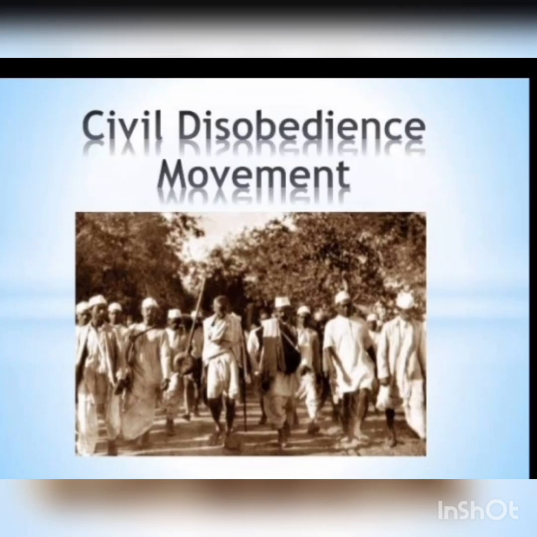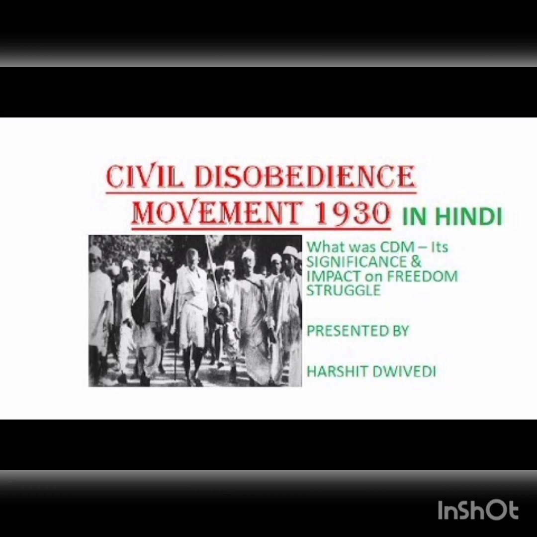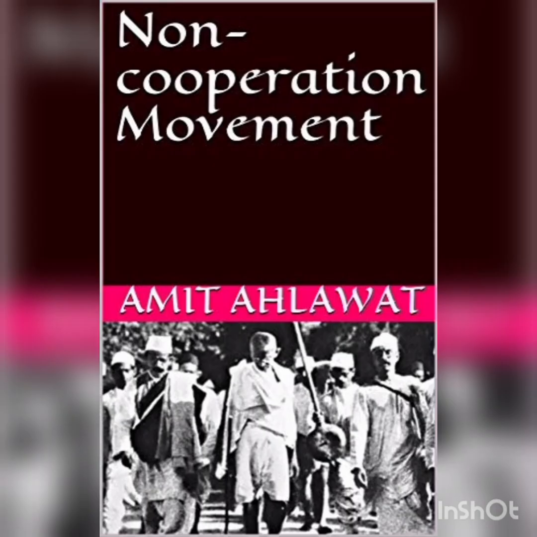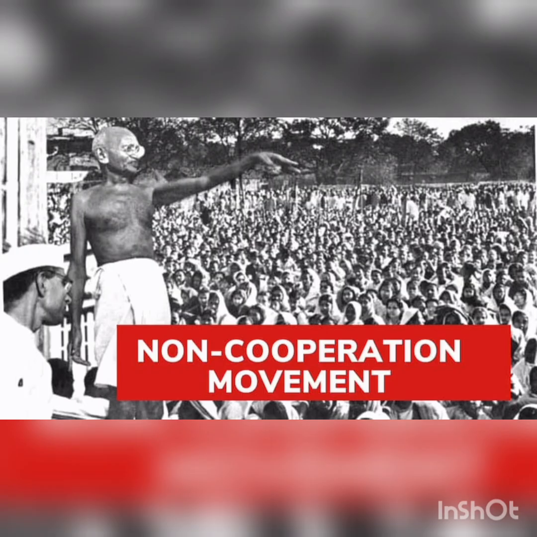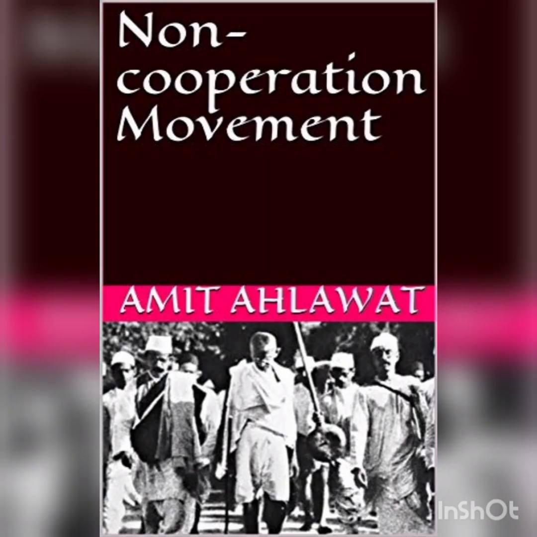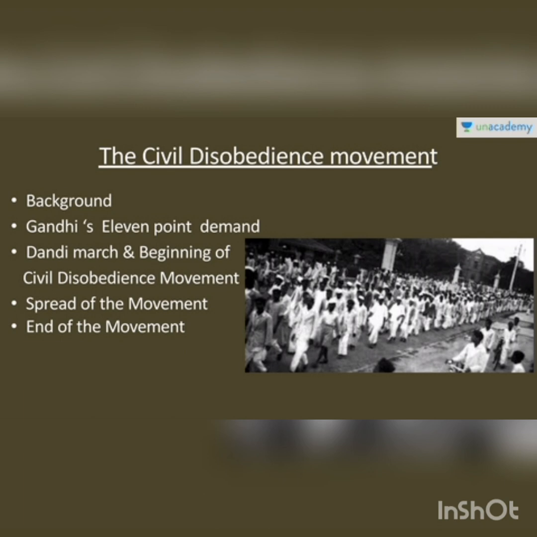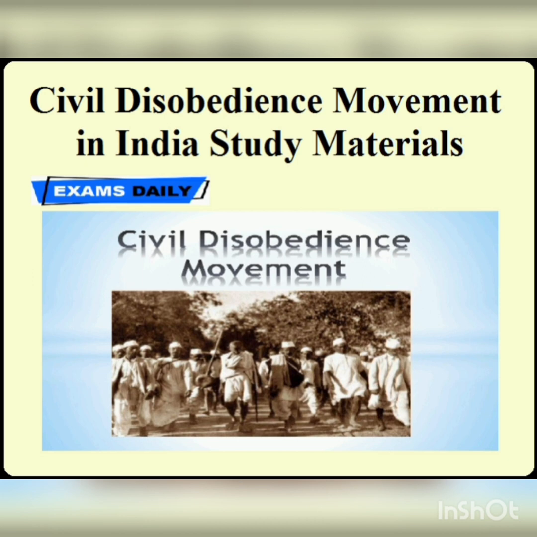We will now study about the civil disobedience movement in India. The civil disobedience movement differed from the non-cooperation movement. The non-cooperation movement tried to stop the working of the British government by not cooperating with the administration. But the civil disobedience movement was a little different. It tried to paralyze, to paralyze means to stop, the British administration by performing a number of illegal activities.